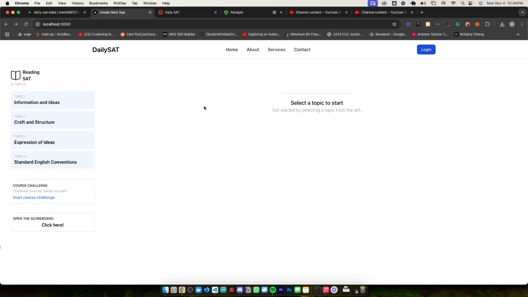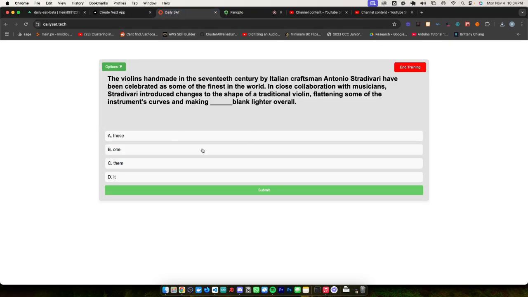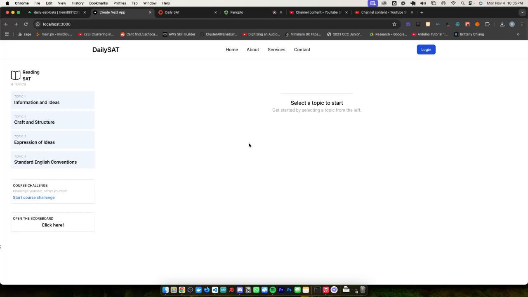So here is the beta version of DailySAT completely done. This is the second version, the first version being this one over here, just like a prototype. And this is going to be the fully polished version with a full-fledged backend, right? It has authentication in it, which we're going to look at in a little bit. But before we get into the authentication, it's important to understand the core functionality, which is going to be the